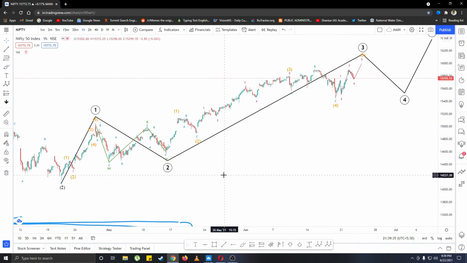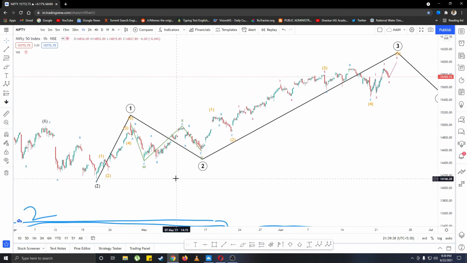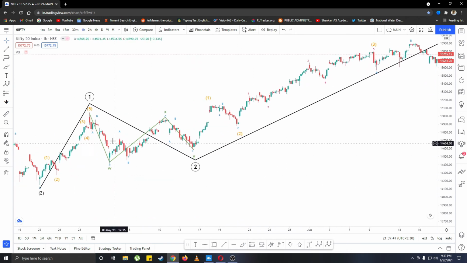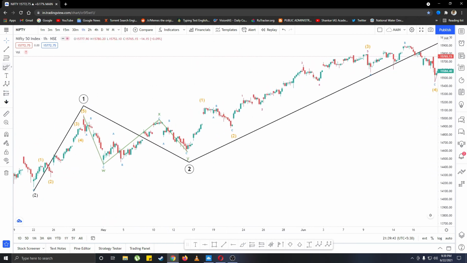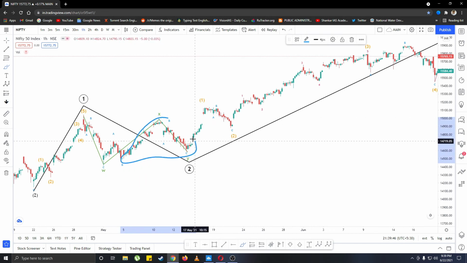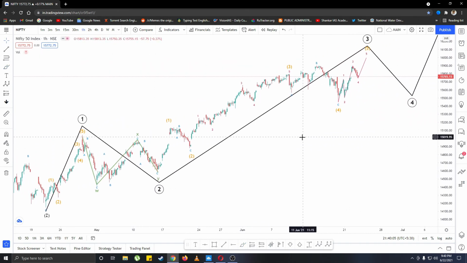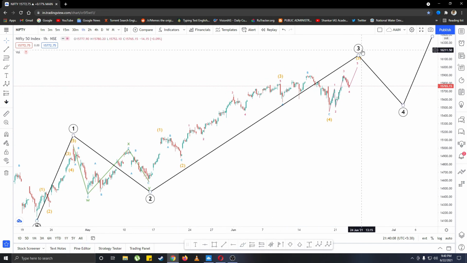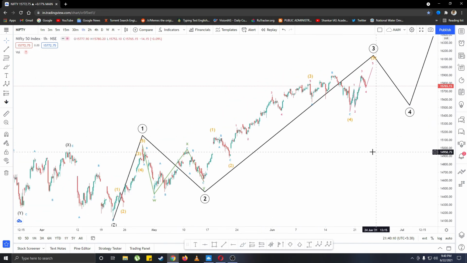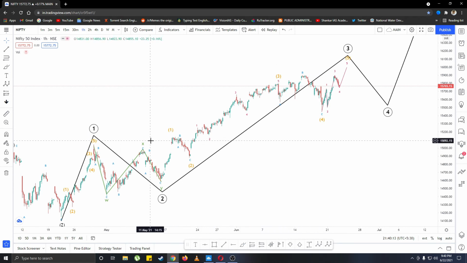Now how do we come to this conclusion? Because if we look at this wave, this does not look like wave 3. So we assume that this is a further complex correction. Now in W, X and Y, we have an A, B, C zigzag, then an A, B, C to link wave X, then an A, B, C to complete the correction at point 2. Now we are traveling in wave 3, which according to Elliott wave is usually the largest and the longest.